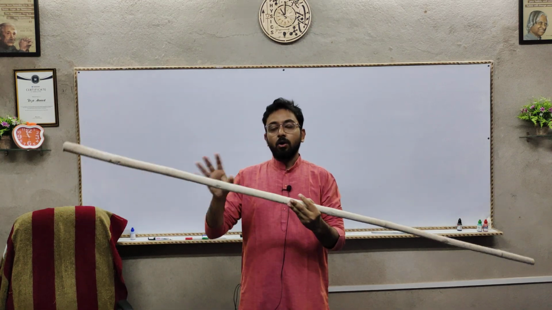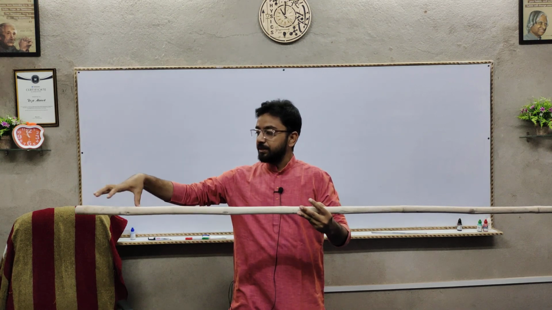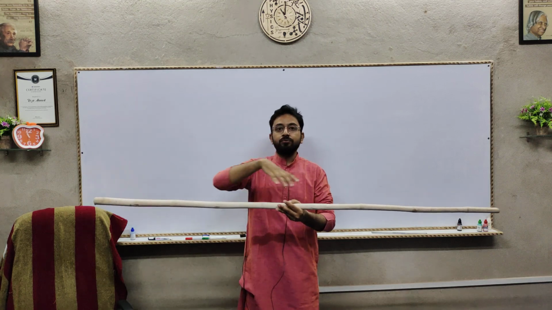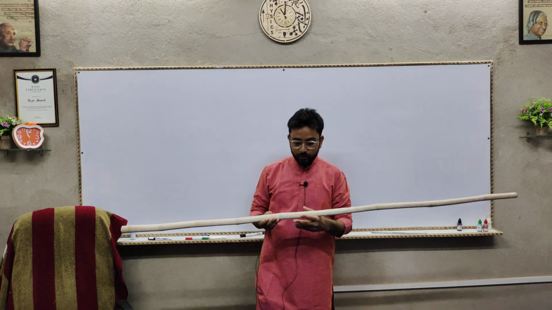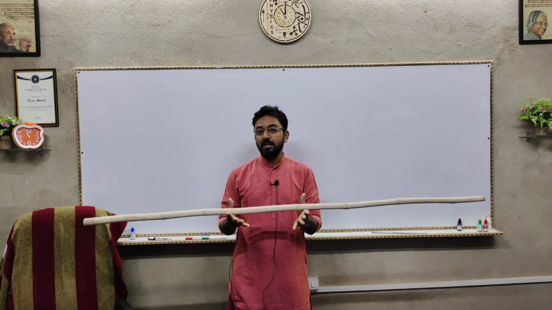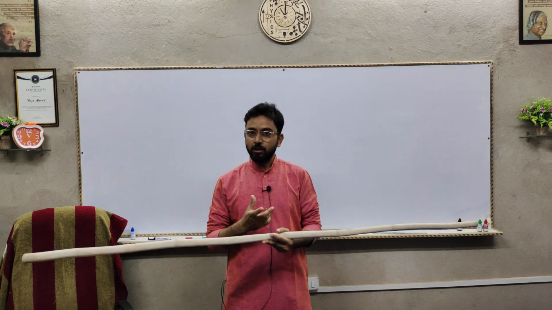So now this is a uniform mass distribution. That means the entire mass is not concentrated only at one place. The mass has been distributed in this entire rod. The entire rod has a uniform mass distribution. Now, for finding the center of mass, one more thing: center of mass is also known as center of gravity.